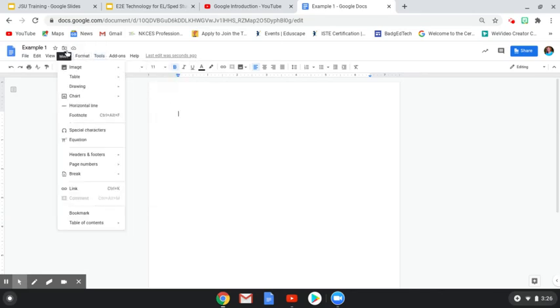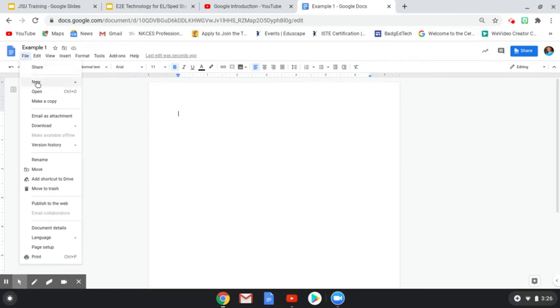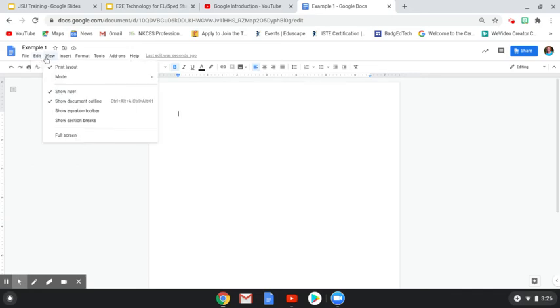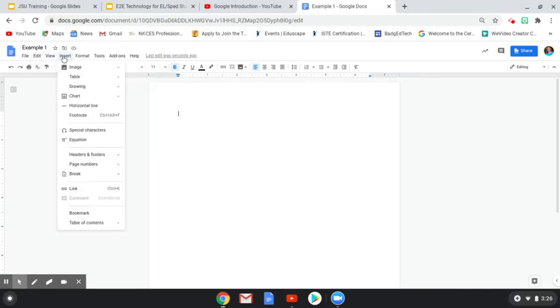You can move it to a file. You can star it, which means it'll make it important, or this is just the document status. All right, so you can rename it, you can publish it to the web, you can change your language and page setup. The edit is pretty basic. View is just going to show you how you're looking at it. Insert,